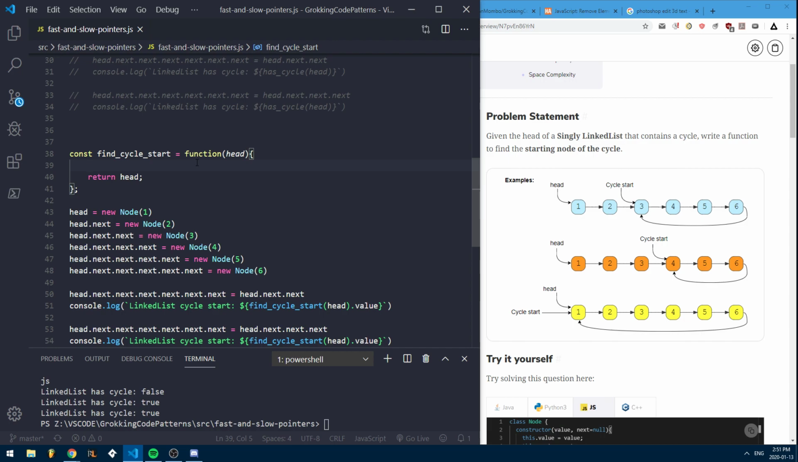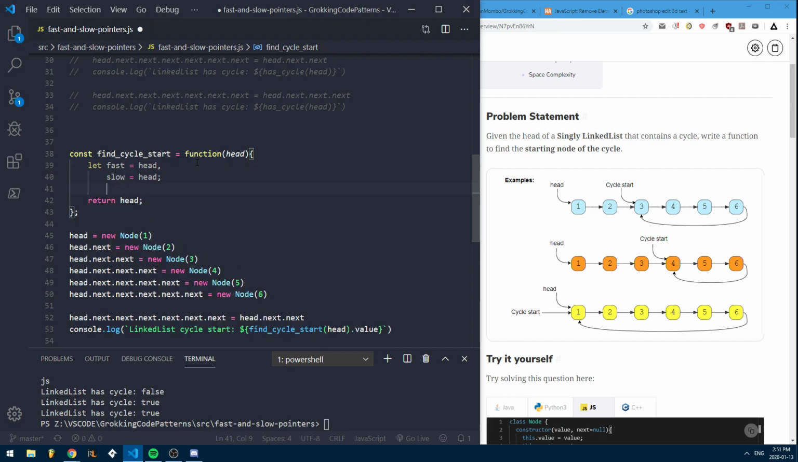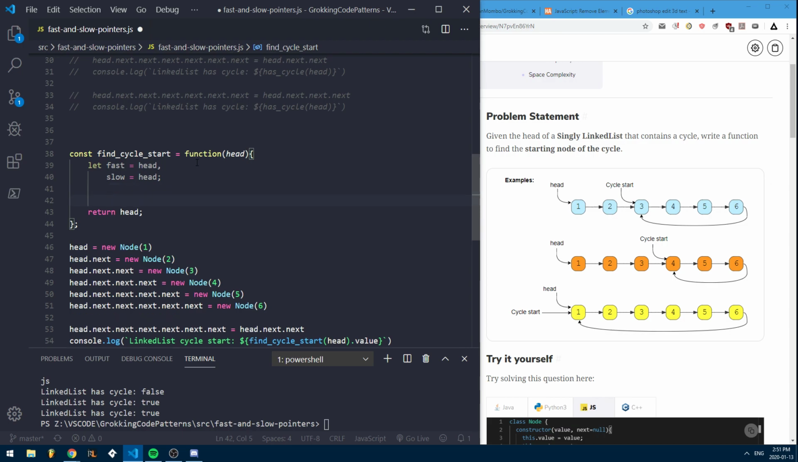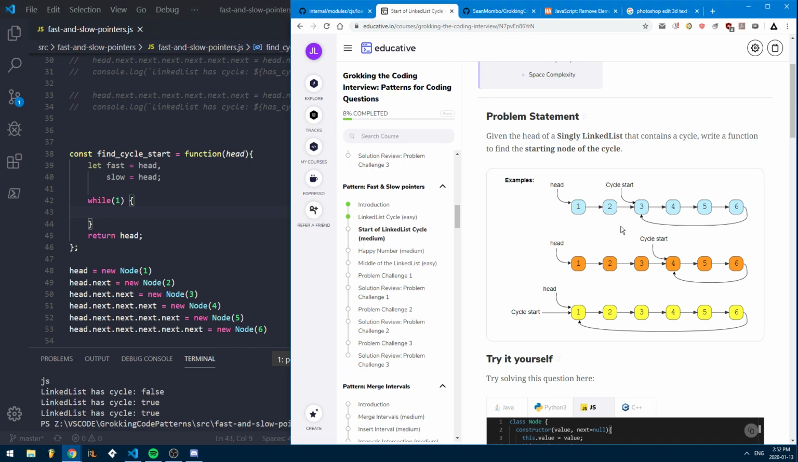Okay, so let's say I advance through 2 at a time with the fast pointer. So let's say let fast is equal to head, slow is equal to head. So I have my 2 pointers. While one, okay, so what if I advance by 2 here? So I go 1, then I end up at 3, 3, end up at 5, 5, end up at 3. But because I'm advancing by 2, I don't actually know